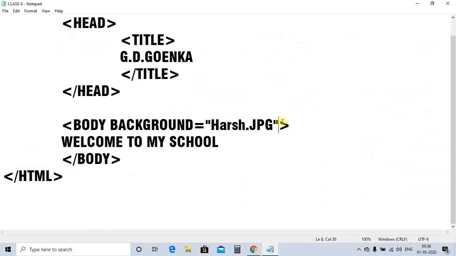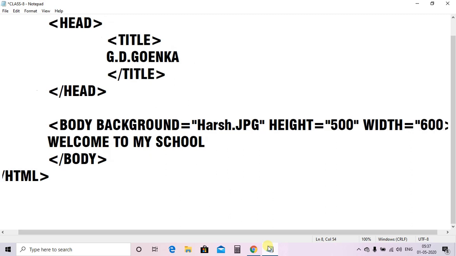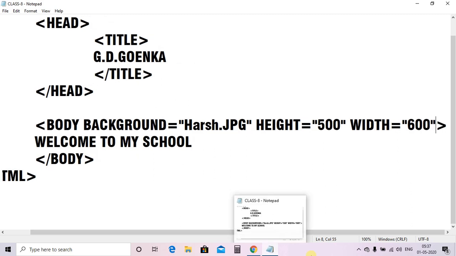Again the image is quite large in size. Let me set height equals to 500, width equals to 600. I've given these just to check whether it will work or not.